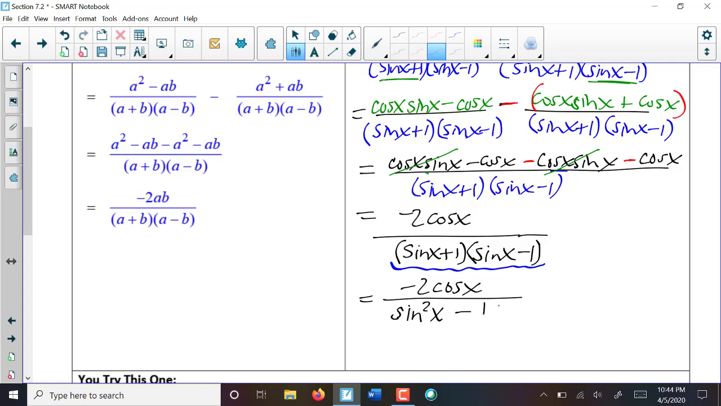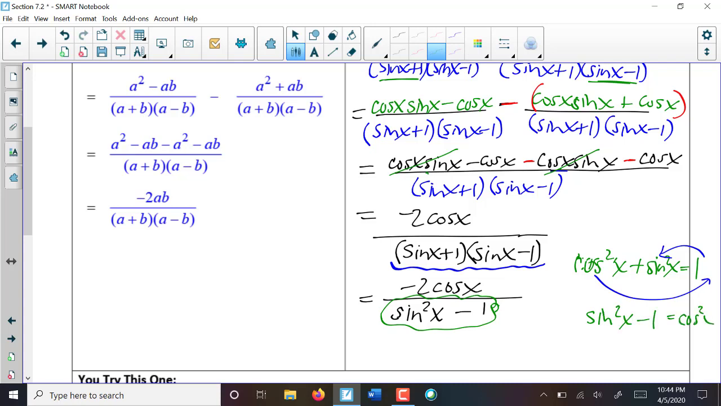And this looks very much like a Pythagorean identity. So my Pythagorean identity is cosine squared x plus sine squared x equals 1. So can I rearrange it so that I can get sine squared x minus 1 on one side? So what do I have to do? I have to move the 1 over here and the cosine squared over here, which gives me sine squared x minus 1 equals